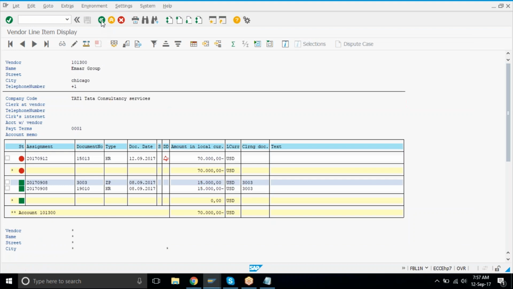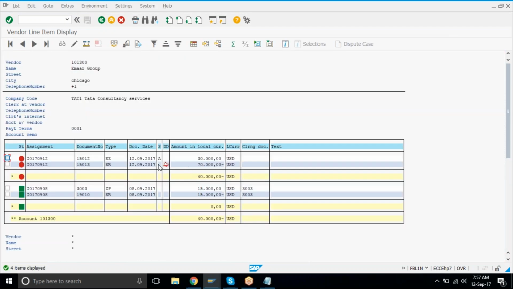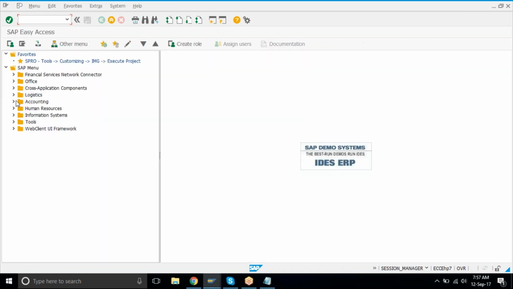If you check both the items, here in balances, it will display both of them. But until you clear that amount of 30,000, this A should not be there. If A is there or maybe any other special GL transaction is given here, this item cannot be adjusted against this invoice of 70,000. You have to first of all clear this entry of 30,000, and the criteria is this A should be removed. So how to do that? There is a very next process for that. That's called as